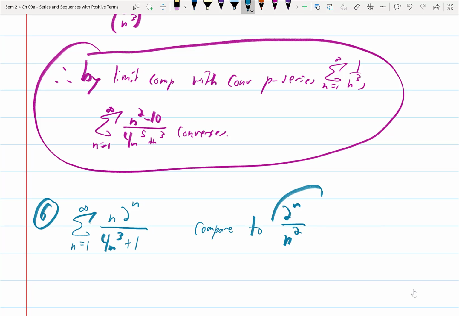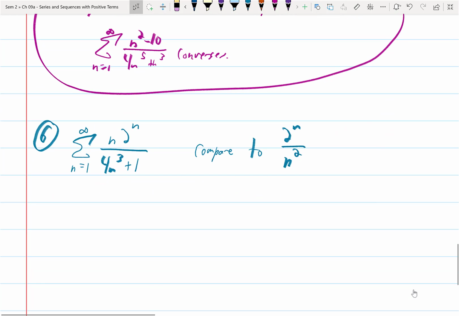And so what do I know about this series? What can I demonstrate about that series? Does it converge or diverge? It diverges. Why does 2 to the n over n squared diverge? The test that we have is actually the very first test that we ever learned. I know that this diverges